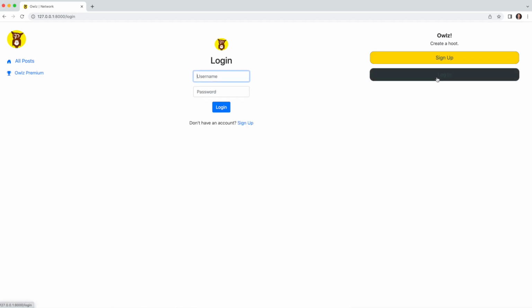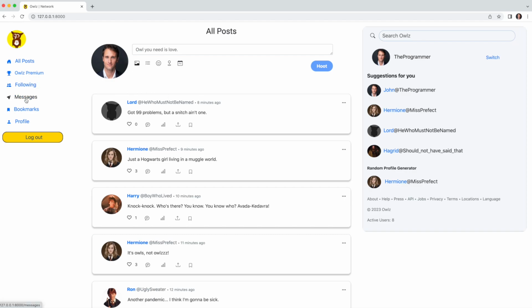I'll log in as the programmer, and I now have access to following, messages, bookmarks, profile, and the ability to log out. I can now create a hoot, the button of which is disabled until user input, and you'll notice the placeholder change every time the page is refreshed, selecting a random string from an array I've created in